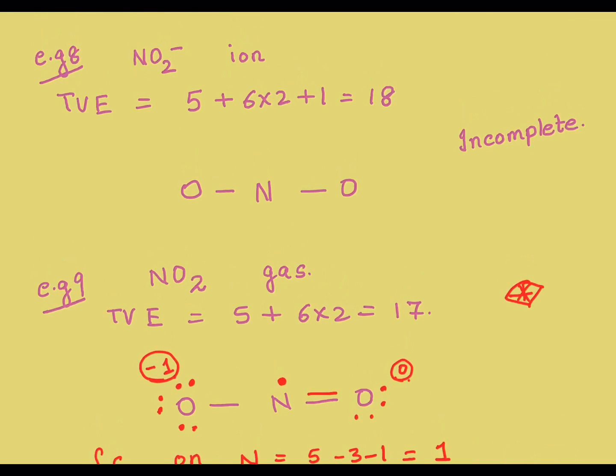Did you complete the previous structure? You want me to show you the final structure? So this is the nitrite ion. What's the charge on this oxygen? 0. What's the charge on this oxygen? -1. What's the charge on nitrogen? 0. 5 minus 3. And what have I missed in this structure? Absolutely right. The lone pair of electrons. So we have the structure complete, and because this oxygen has a -1 charge, here we go.